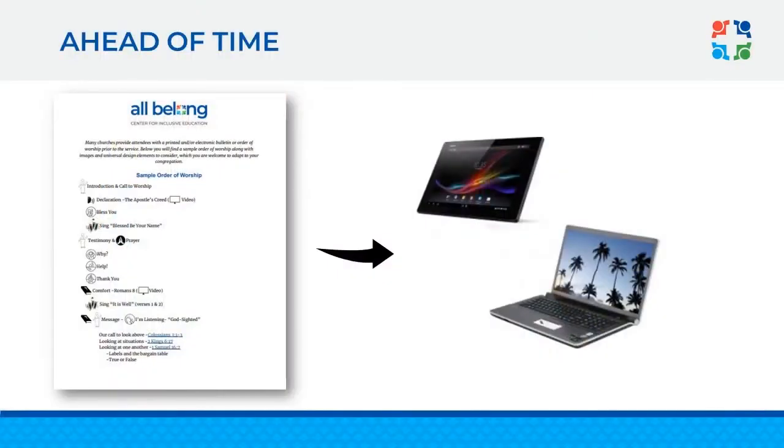An order of worship with just words, oh, that would reach some. But if we also put in some icons or pictures into our order of worship and made it available ahead of time for people to download onto their devices as needed or print it off on their Braille printer, you have just increased participation. Universal design for worship is just a wonderful way of thinking about diverse ways that we can connect and allow everybody present to connect with God.